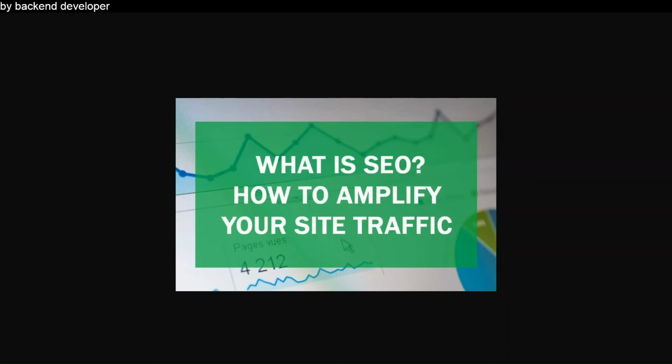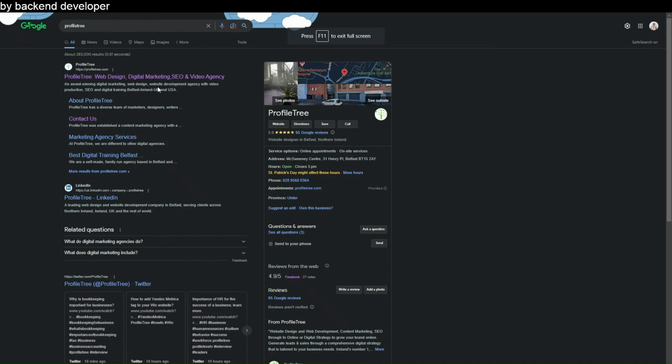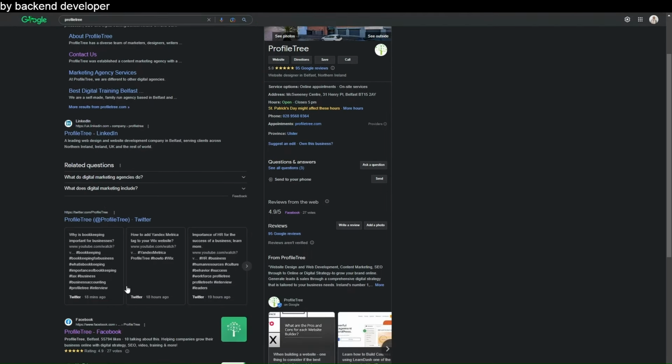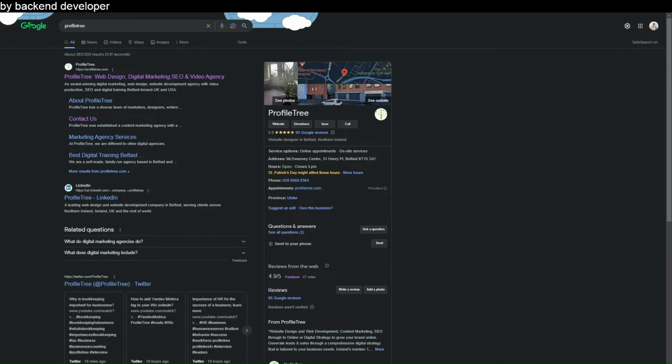SEO stands for Search Engine Optimization, and it's the process of optimizing websites and digital content so search engines like Google, Bing, and Yandex can understand what they are and index them for users to visit and experience. Once indexed, the content appears in search engine results pages, otherwise known as SERPs. So pages like this, once you put in a request, and it'll show you all the pages and all the websites that link to what it is that you're searching for. It also represents a position within digital marketing, i.e. an SEO,